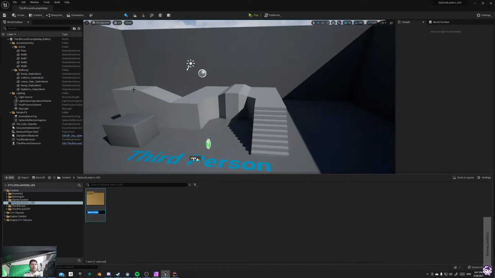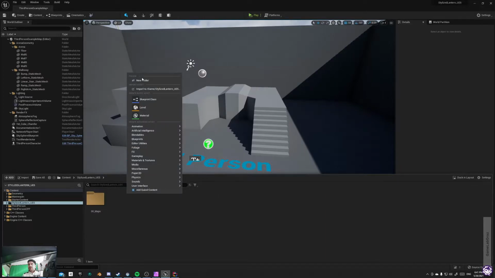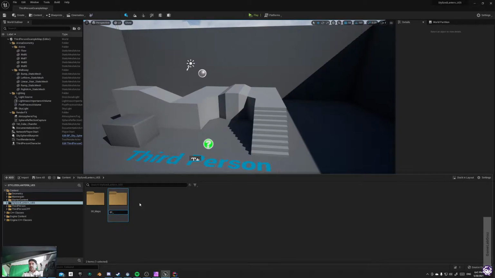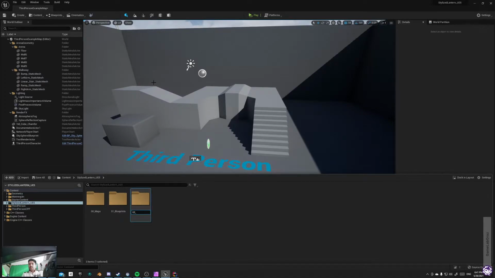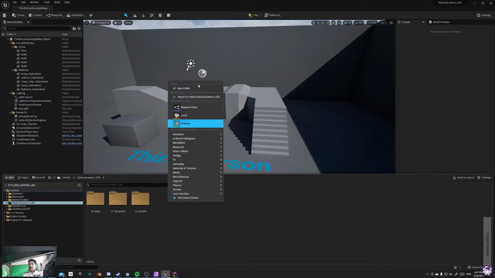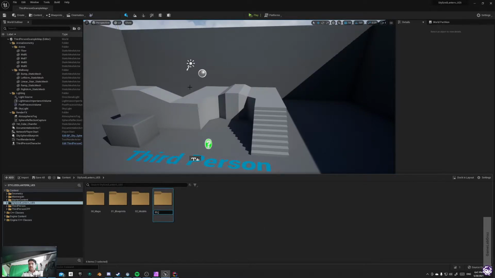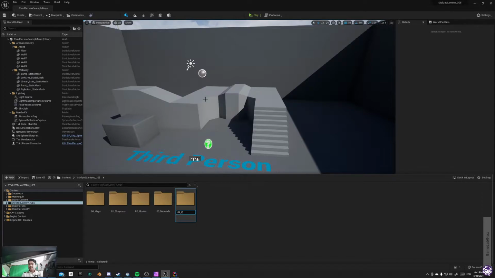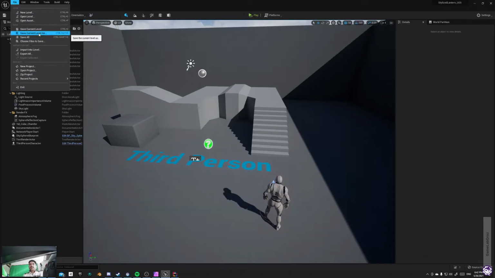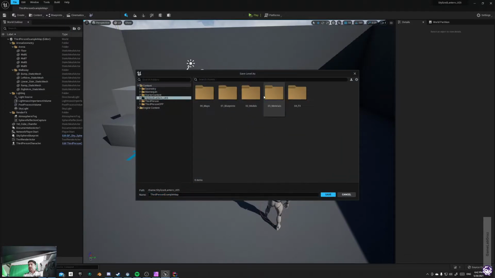And here I will create some folders with some numbering. Usually I put 00 as maps, and then one for blueprints, the other one for models, and the third one for materials. For this project, I also plan to have one folder for VFX or FX. However, I am not creating FX, I am only using one of the Niagara templates, but I think it's good to have it. Let's save our scene, Save Current Level As,